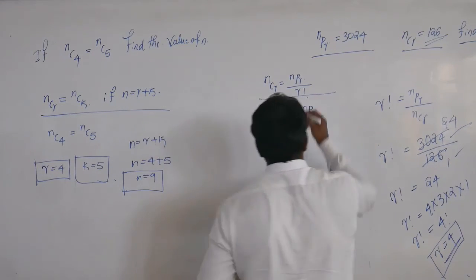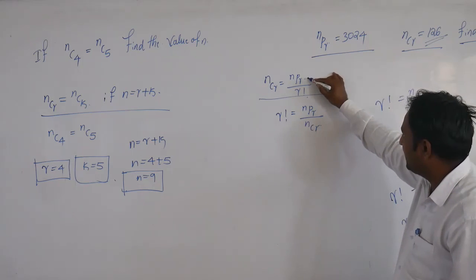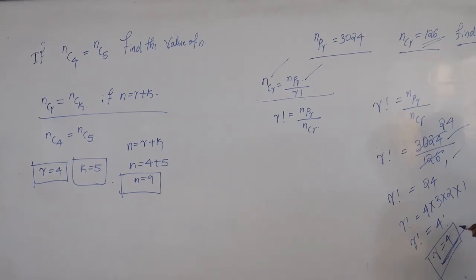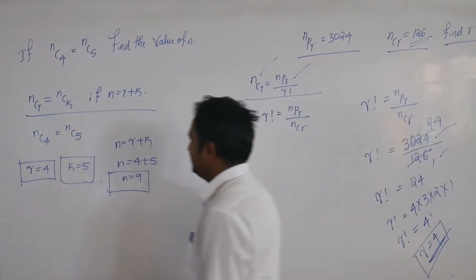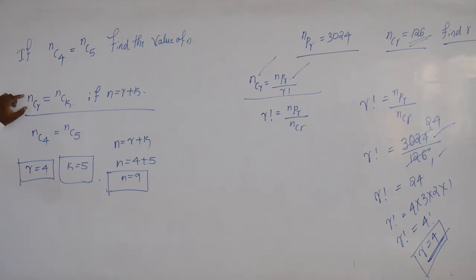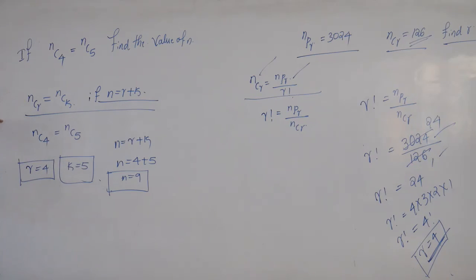These two formulas are very important for 1 mark or 2 mark questions. First, nCr is equal to nPr divided by r factorial: when nPr and nCr values are given, substituting we get the r value. Second, nCr is equal to nCk, an important formula: if n is equal to r plus k, compare the two values, r and k are 4 and 5, and substituting, n is equal to